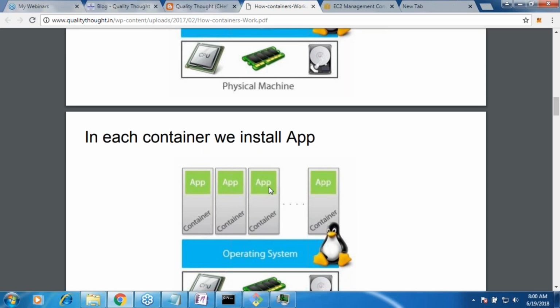But here we are having a user space for every application which you are developing, which means that user space is not something like it will share some of the operating system's stuff. Yes, it will share. It will share physically, not logically. What do I mean by that? Every user space will get its own file structure.